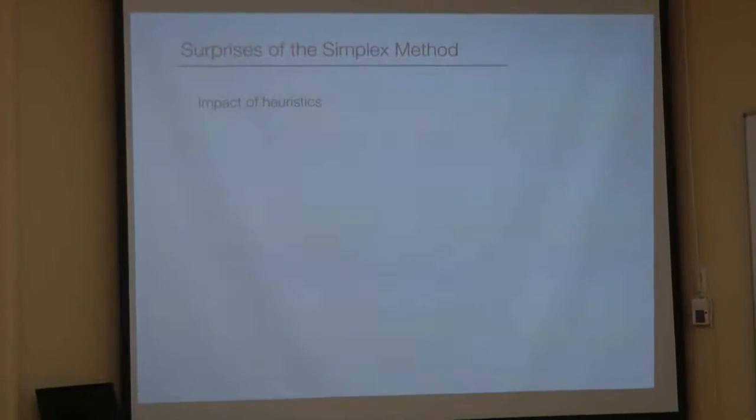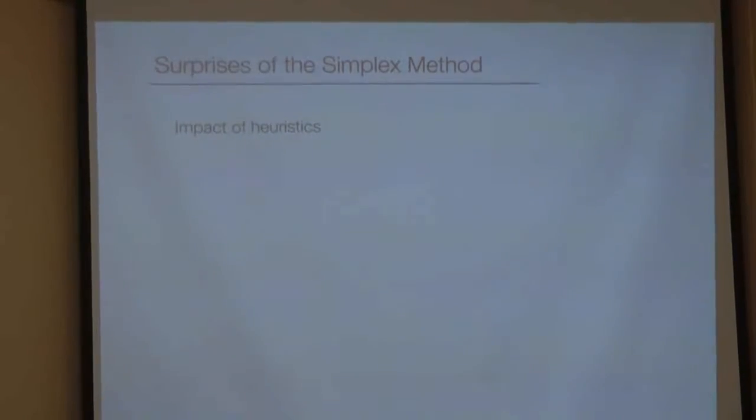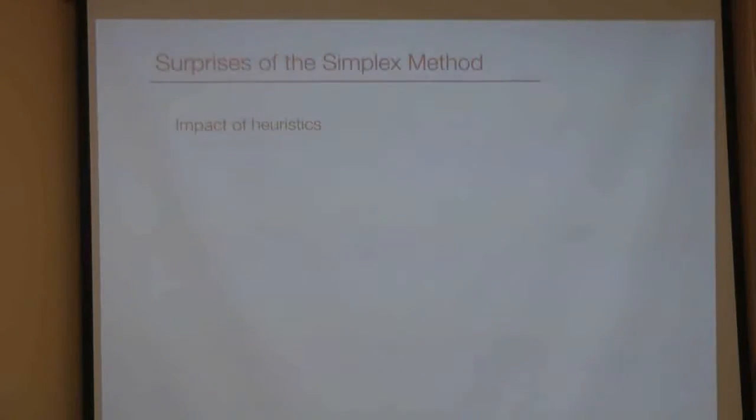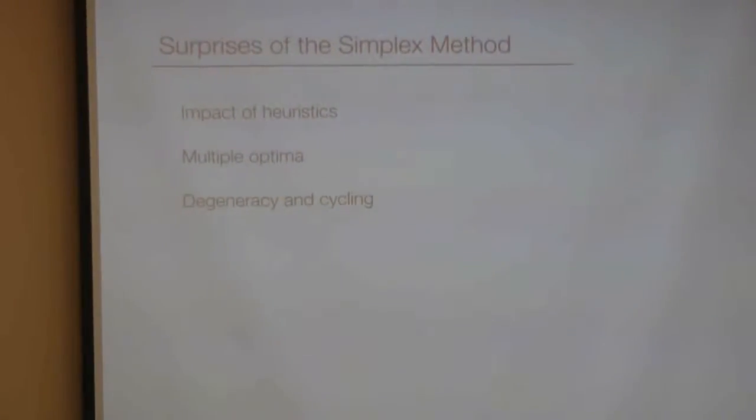So what we will cover today is first the impact of heuristics, because what we have seen in previous lectures is that the simplex method is nothing but a clever heuristical approach to solve optimization problems. Then we will talk about some inconvenience that can happen sometimes when solving linear programming problems. We will see that we can obtain actually multiple optimal points which are equally good, but they are situated in different locations. We will cover one nasty thing which is called degeneracy and cycling, which means